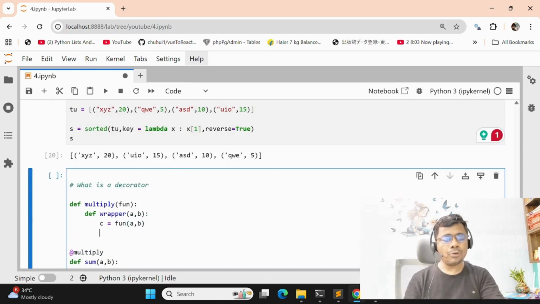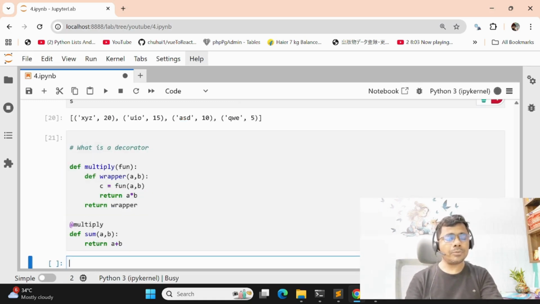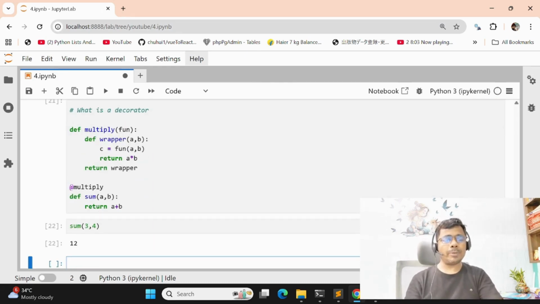Then the output will be return a multiply b, then return the wrapper. Here sum of 3 comma 4, the output will be 12, the multiply of two numbers.